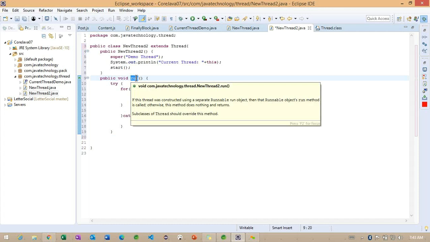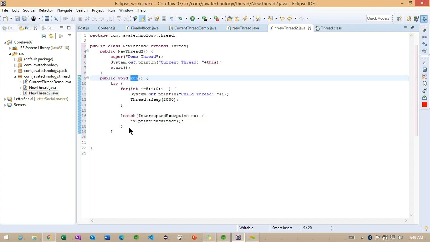And after executing this particular catch block, I want to provide one more message: child thread still existing.